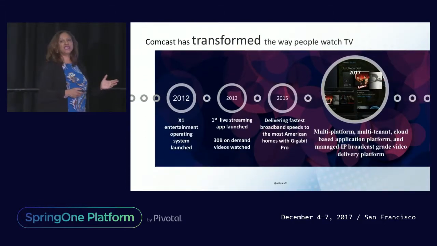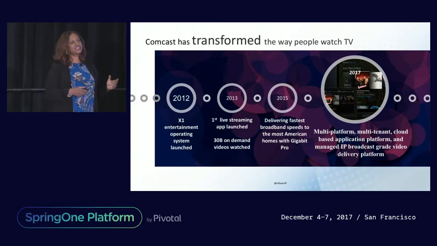So this, for me, is a fantastic chart because it shows where we transformed the way people watch TV. And for most of us, the TV is the community space where the family gathers and watches shows every evening or during the weekend. And for us, it was the same in my family.